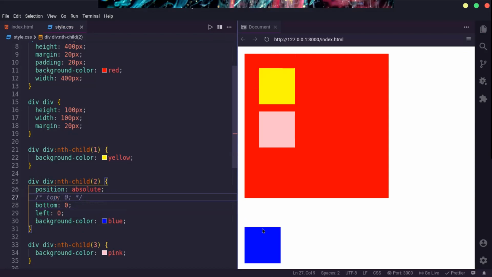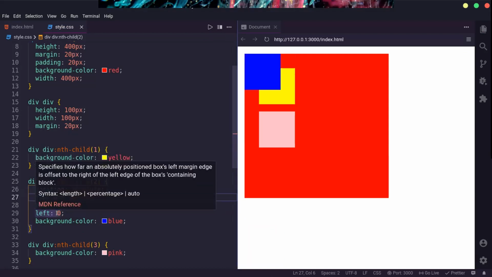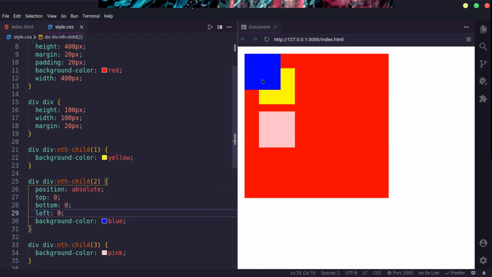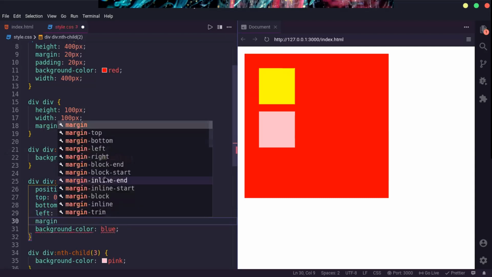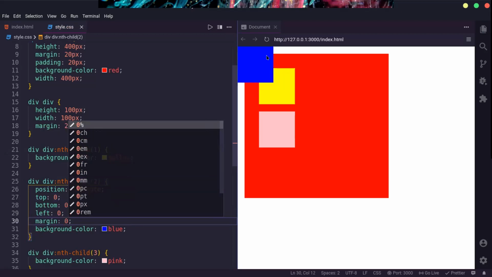Okay, now it's at the bottom. So you can define either top or bottom and either left or right. I just did the right one, but you can see that this is not sticking. This is because the margin is set to 20 pixels. If I do margin as 0, now you can see it's sticking to the wall of the body.